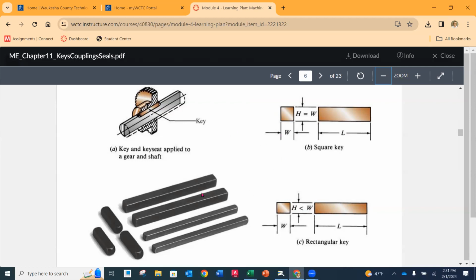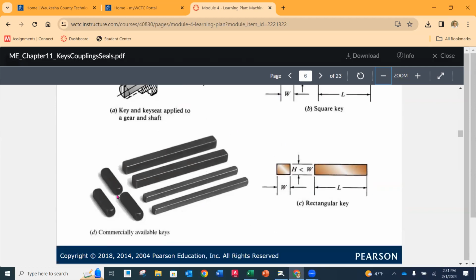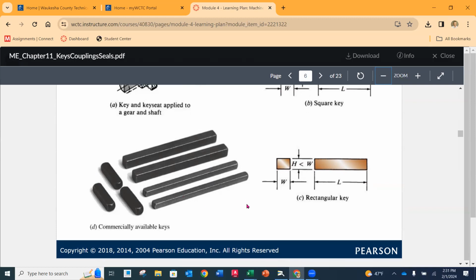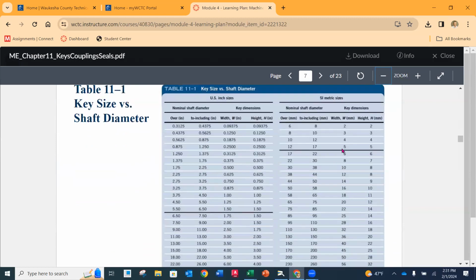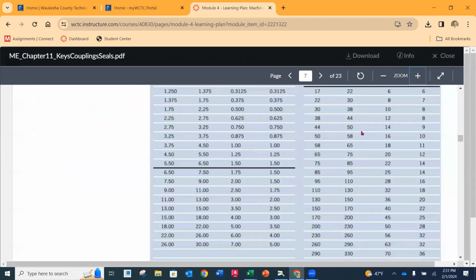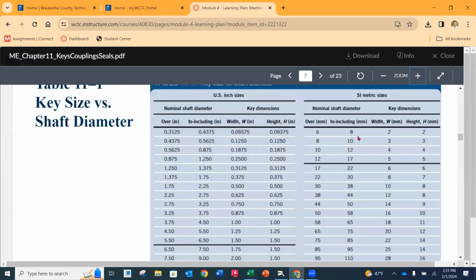Now you'll notice here that we can have rounded ends, as you see on the ones on the front here, or you can have simple square ends. Okay, really doesn't matter which kind. So the configuration would be up to you as the designer. Now, to determine what the standard size of the key is going to be, meaning the width and the height,